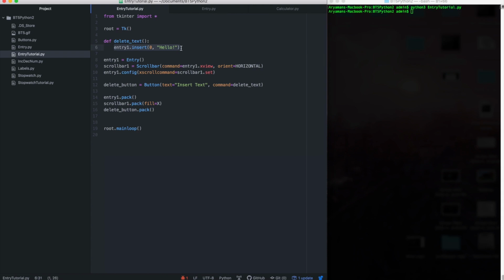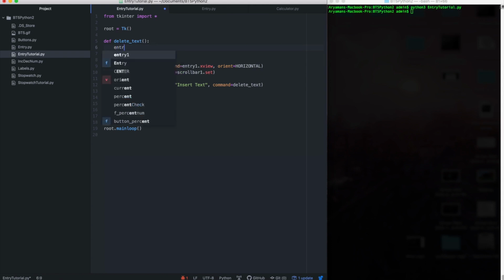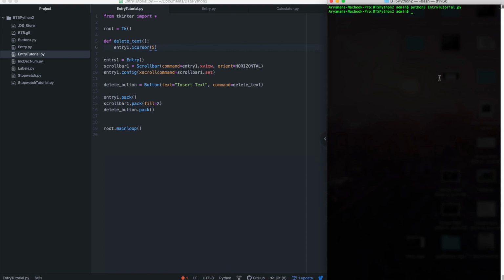Now, another method we have is iCursor. What iCursor does, let's quickly do entry1.iCursor, is it inserts the cursor before the given index. So let's say we want the cursor to be inserted before index 5. And then if we run this,